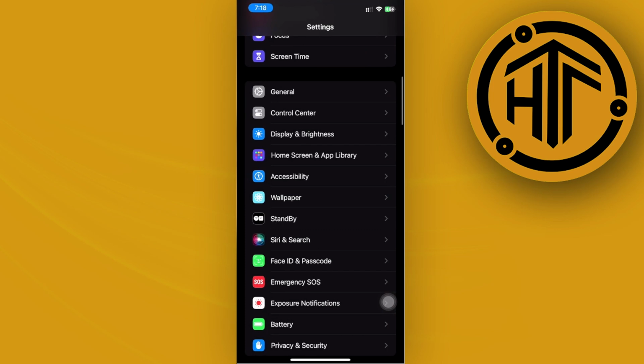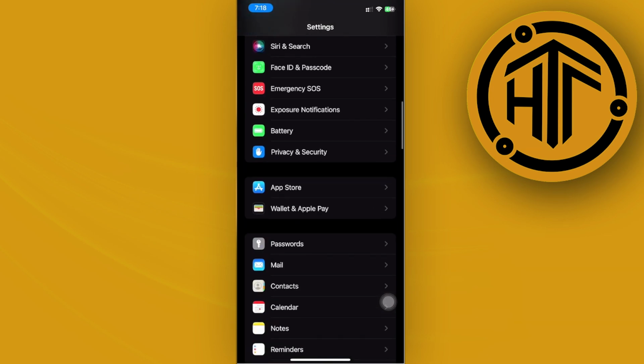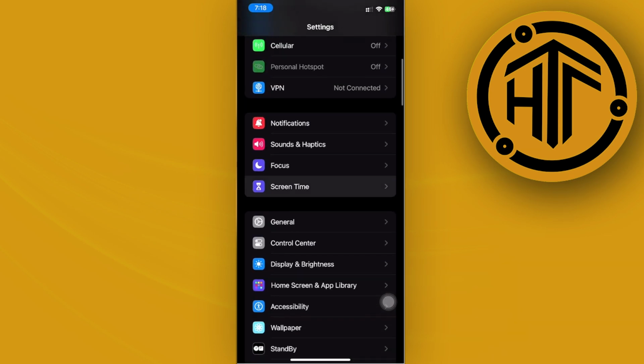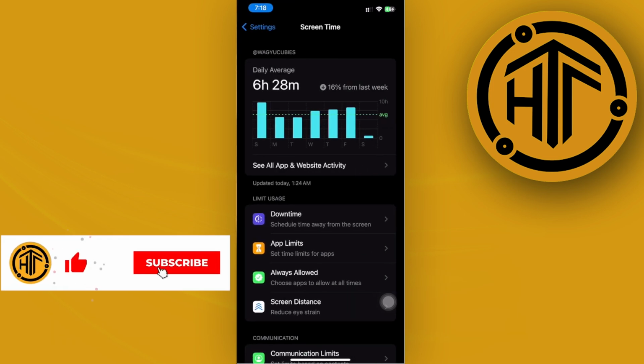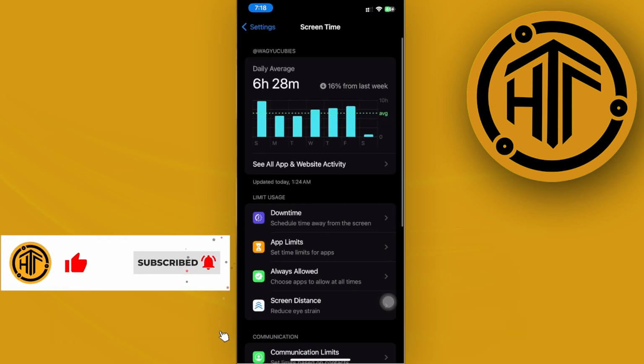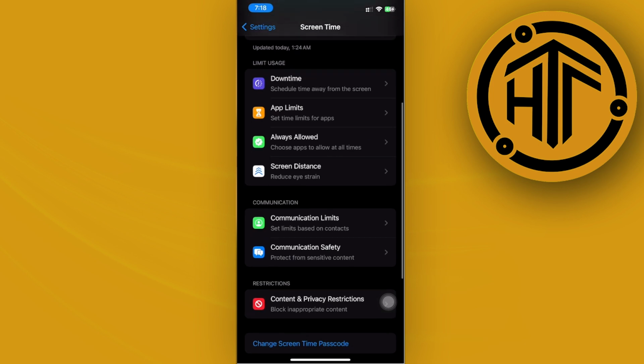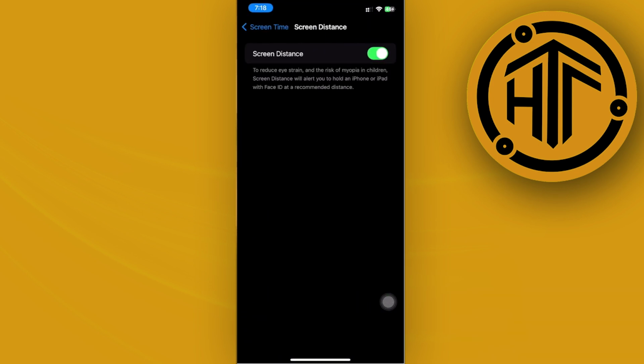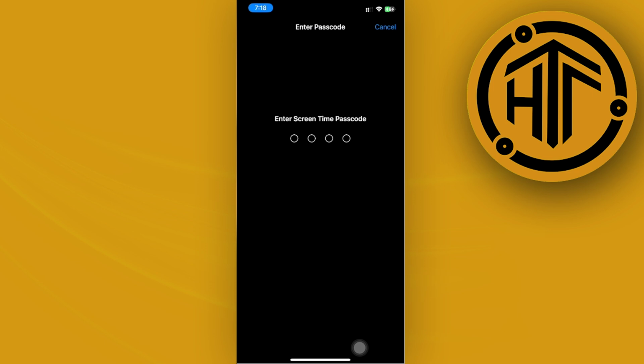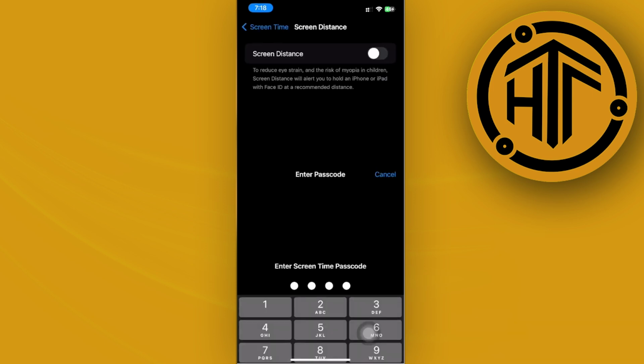So I want you to access your settings and go on over to Screen Time. Once you're on Screen Time, scroll down until you see the option called Screen Distance. On Screen Distance, tap on this and just turn this off. And what this is going to do is allow you to not